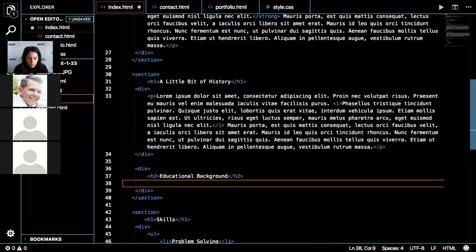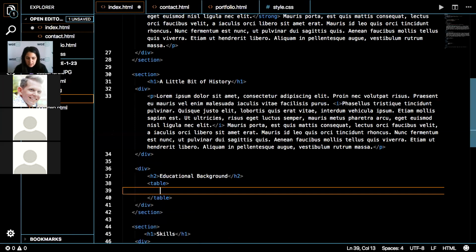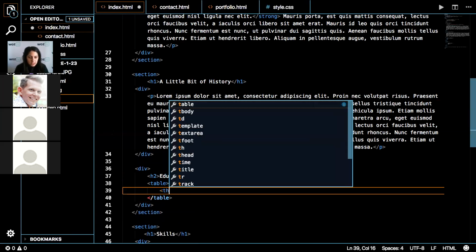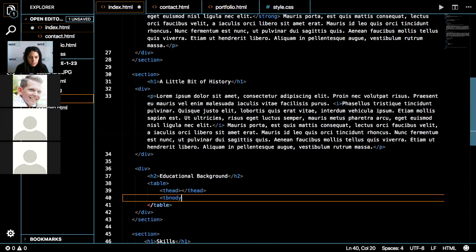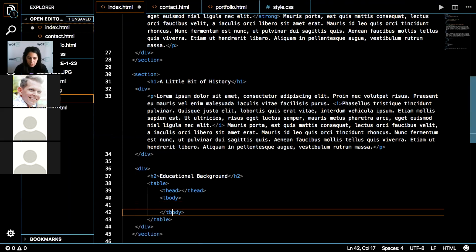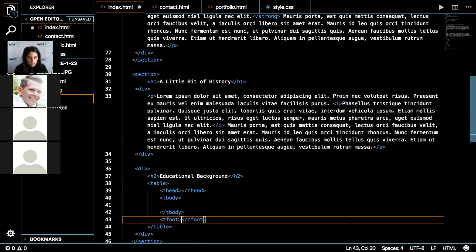When you're making a table, the first element you want to start off with is the table element, the beginning of my table. And then you'll have thead, which is kind of like the header. Then you have tbody, that's the body. And then you also have tfoot, which is like the footer.